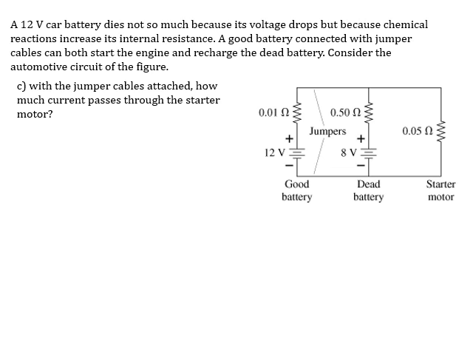Okay, part C, let's attach the good battery to the dead battery. Let's do the attachment in parallel. Then let's see how much current goes through the starter motor. So, new circuit diagram. 0.01, 12 volts,